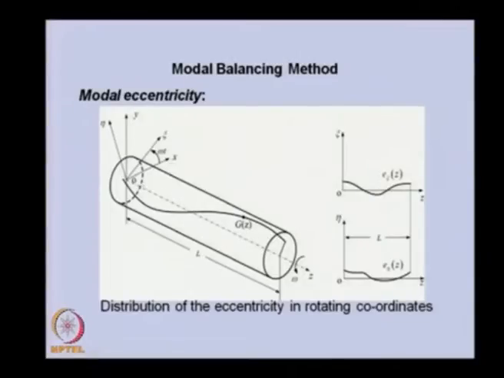So, in this particular case we have one fixed coordinate system x and y, and another, the rotating coordinate system xi and eta, which is rotating along with the rotor. Because xi and eta are fixed with the rotor, we can have the projection of this eccentricity in these two planes, and you can see the variation of the eccentricity in the xi direction along the length of the rotor. Z is varying like this, and this is also. So, these variations are continuously changing in magnitude and also in direction.